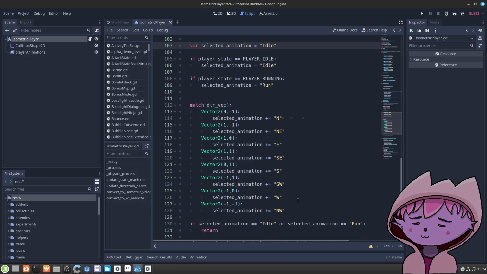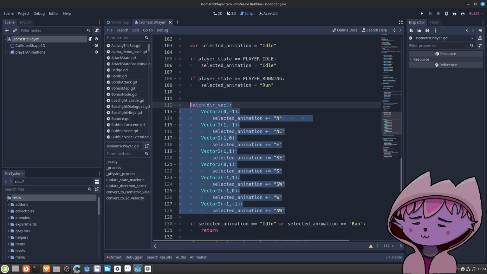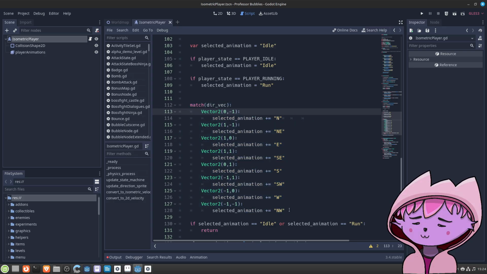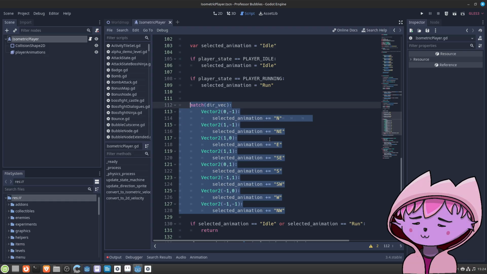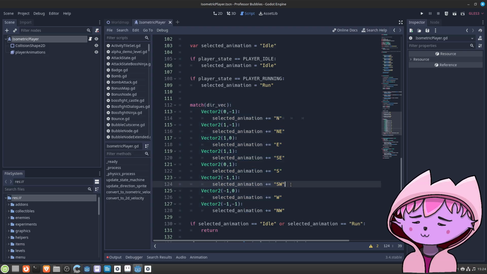And I think instead of this matching, well, we could actually copy paste this. I mean, sure, it would still work.